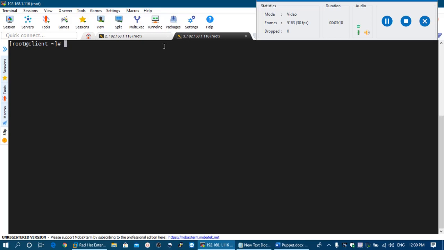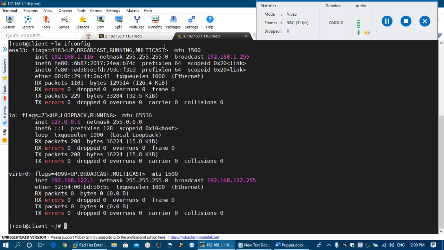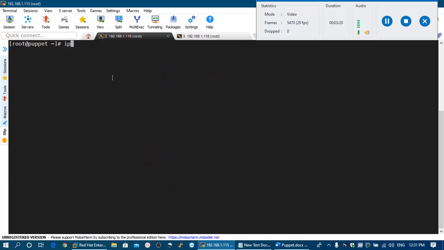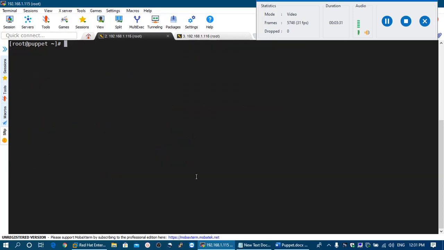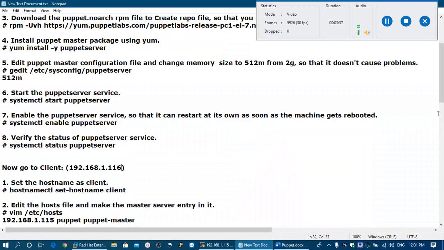this as Puppet client. The IP address of my Puppet client is going to be 192.168.1.116, and the IP address of my Puppet master will be 192.168.1.115. So first of all, we will log in to the machine as the root user, and we have to ensure that our machine is directly connected to the internet. After that,